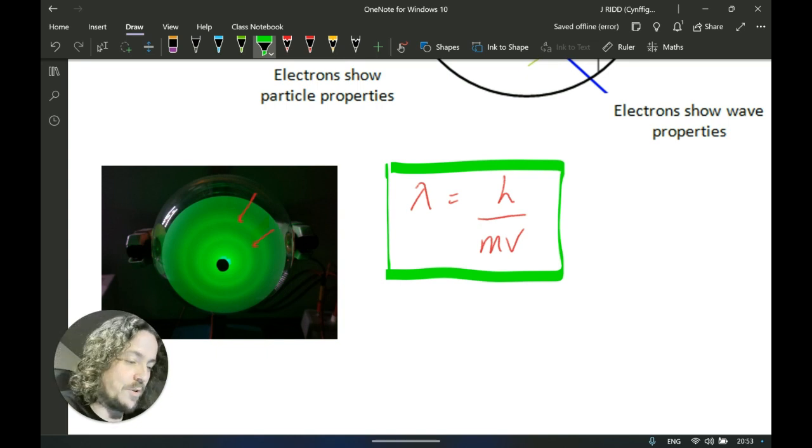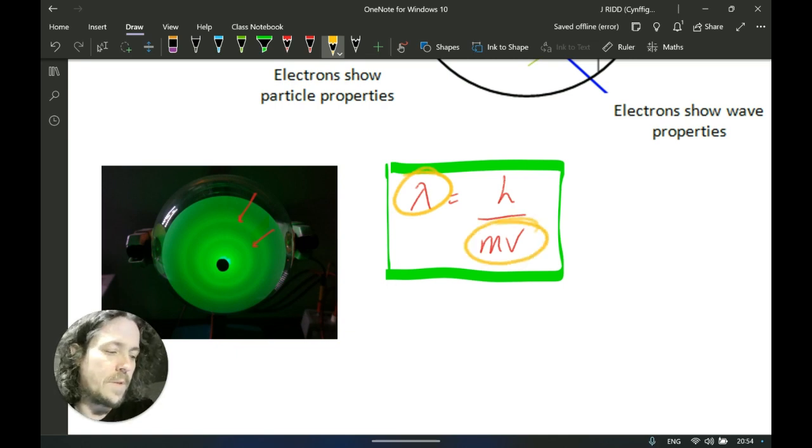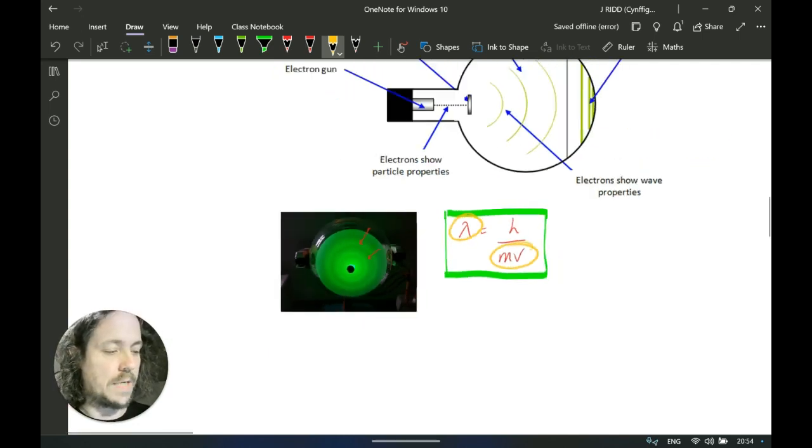This is where we're going to finish, really. We can't do much more on this revision video. There's a tiny bit left at the end, but I'm going to have to leave that. The equation's telling you something about the fundamental nature of reality. I know this is just for A-level revision, but I just can't help myself. Listen to what the equation's saying, because it has wavelength in it, and it has momentum in it. Wavelength is a wave-like property, obviously. It's linked with waves. Momentum contains mass, and that is a property of objects. So within this equation itself, you have this concept of wave-particle duality.